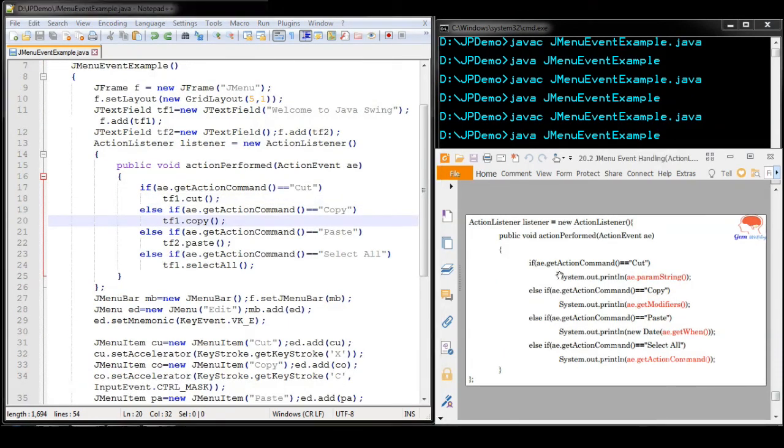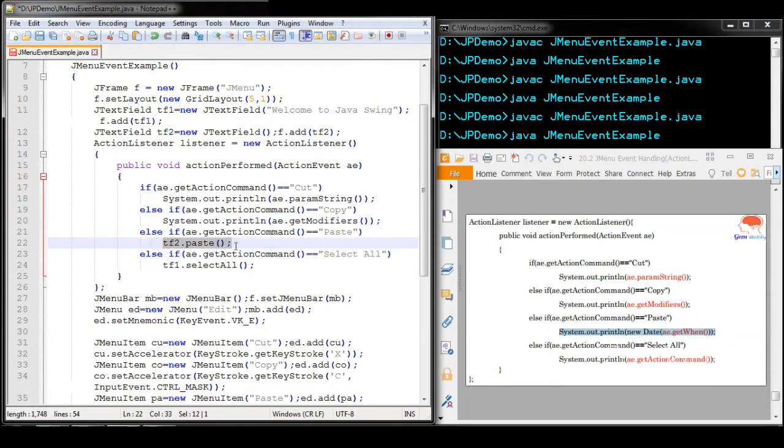Now we are going to look into the various methods of action event. First we are going to look at paramString. It will return the information of the menu items that fires the event. Next, getModifiers, it will retrieve the modifier key that is used when the event fires. Next, getWhen, it will retrieve when the event has occurred.